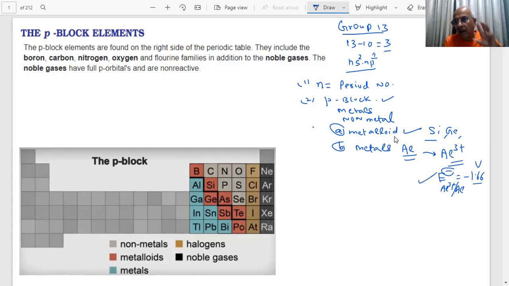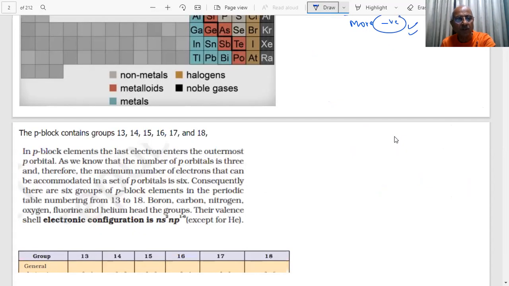We have defined standard reduction potential values, told you so many times that they are very good values to tell us what will act as a reducing agent. The more negative the value of E naught, the stronger the reducing agent. In electrochemistry also, this is a favorite question about reducing agents. Certain things we have to learn slowly, step by step. These are the basics which should be known to us.